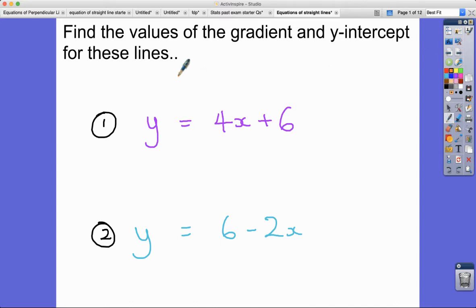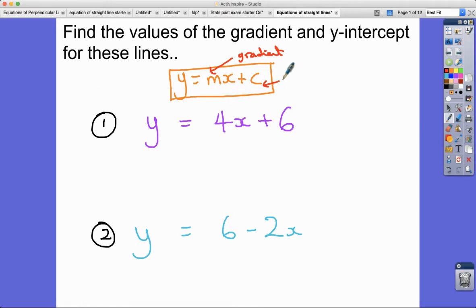So we all know, hopefully by this point, that y equals mx plus c is the standard way of writing the equation of a straight line. And so the m is always standing for the gradient. The value of the m is the gradient, and the c value is the y-axis intercept. Okay, so with that in mind, we should be able to pick out the values of the gradient and the y-axis intercept in this. So this equation of straight line is y equals 4x plus 6, okay, with gradient 4 and y-axis intercept